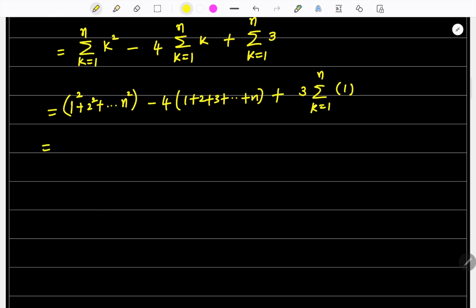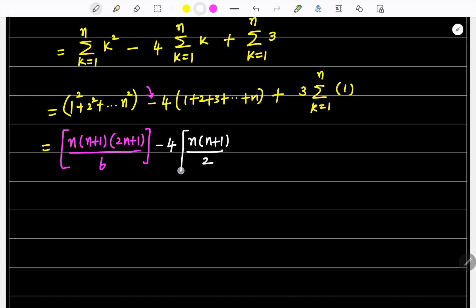So this equals, there is a formula. What is the formula? n times n plus 1 times 2n plus 1 divided by 6. Use the bracket. Why? Because the famous person is here, which is minus. Right. And then minus 4 times 1 plus 2 plus 3 plus up to n, which is n times n plus 1 divided by 2. Use the bracket, please, carefully. Right. And then plus 3 times